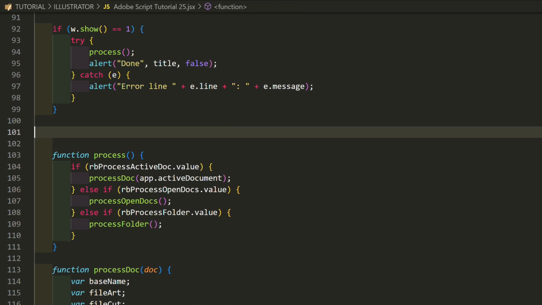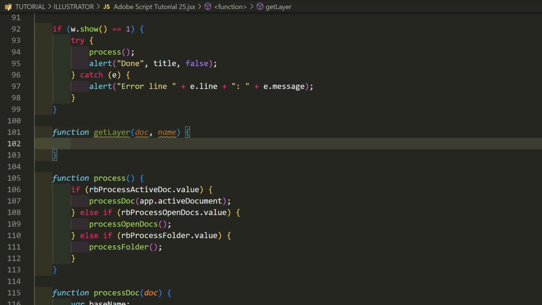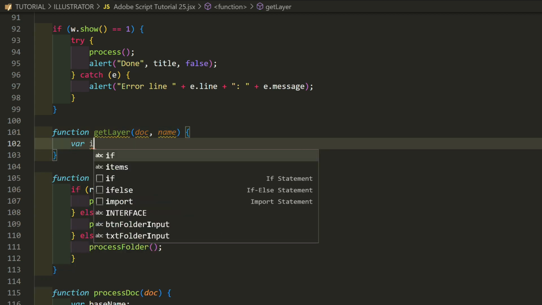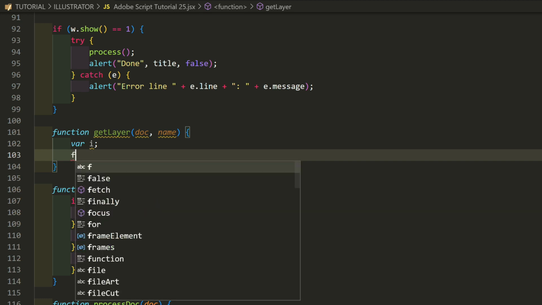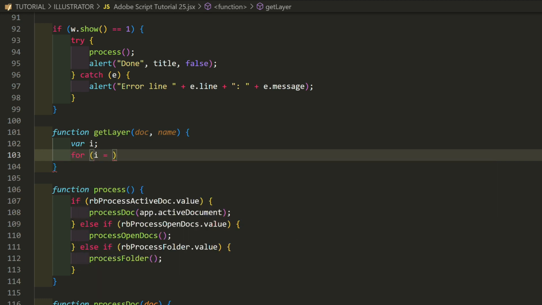The solution is a new function, getLayer. The function needs two parameters, the doc object and the name of the layer to find. One variable, var i. Loop through the doc layers for one matching the name. For i equals 0, i is less than doc.layers.length, i++.